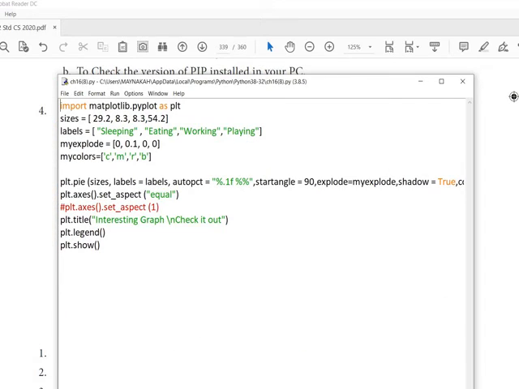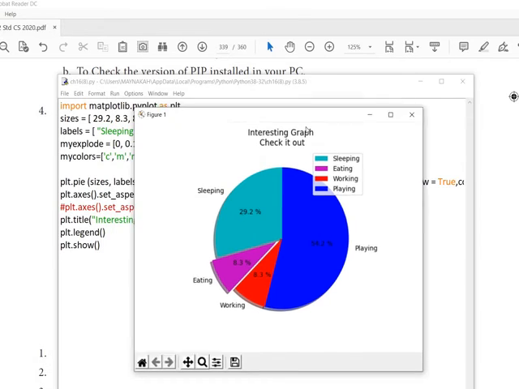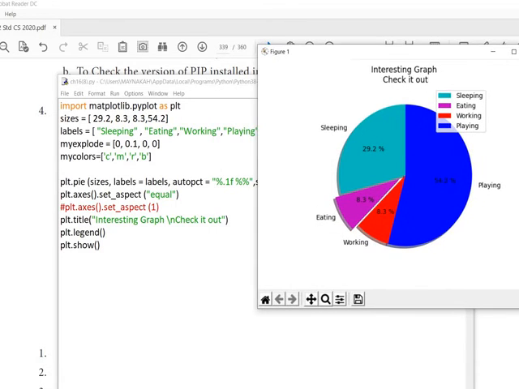So this is the program coding. So first point, sizes. What is given here is 29.2, so I have given 29.2 exactly. I have taken it anti-clockwise: sleeping, eating, working, playing. So 29.2, 8.3, 8.3 and 54.2. Then labels: sleeping, eating, working, playing. Then